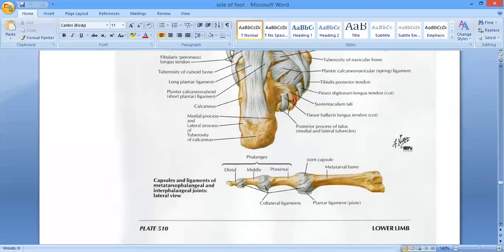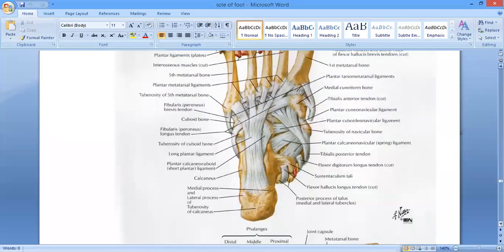Here you can see. अच्छा, इसकी जो insertion है ना, it is going to give many slips. Here you can see the tibialis posterior tendon is going to enter the sole of the foot and is going to be inserted to the tuberosity of the navicular bone. Then it is going to give numerous slips towards the medial cuneiform, intermediate cuneiform, and the lateral cuneiform, and also to the bases of the second, third, and fourth metatarsal bones. ठीक है, so it's a big, strong muscle, and it needs a strong insertion. So it is inserted over the navicular bone, over the cuneiform bones, and again over the bases of the second, third, and fourth metatarsal.